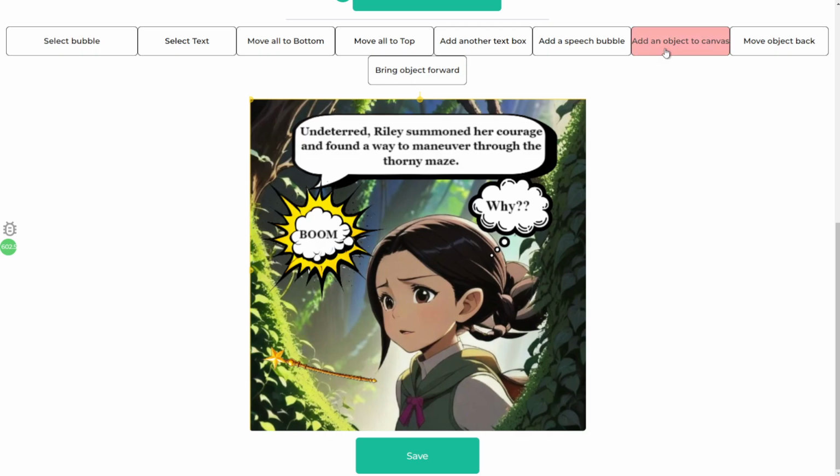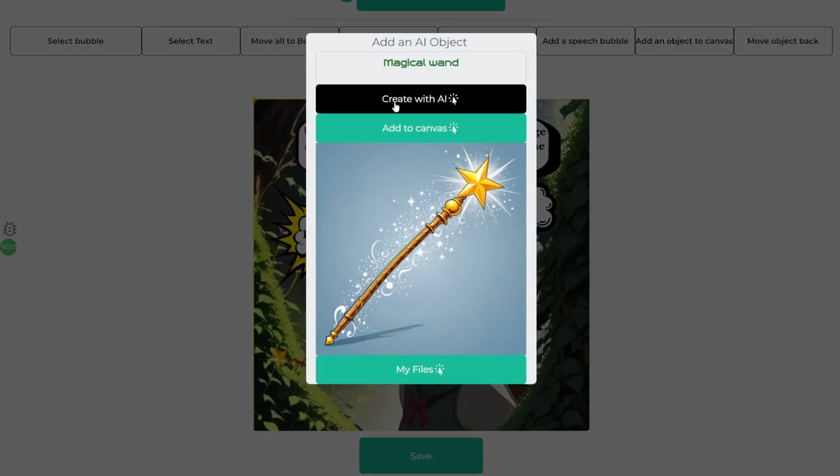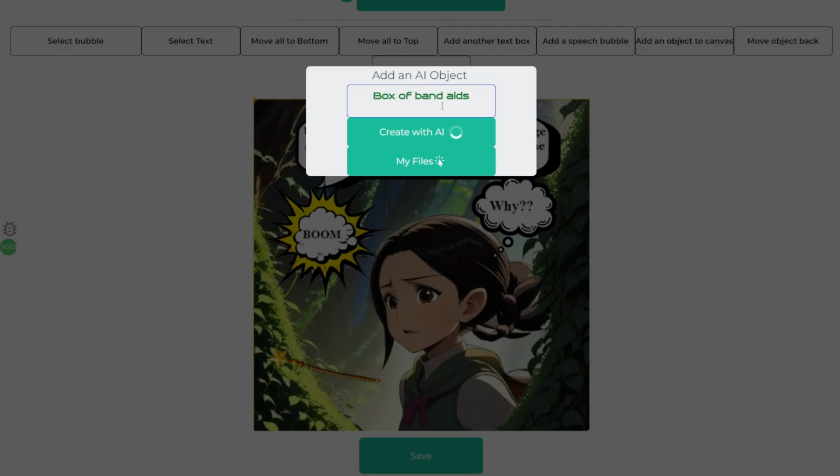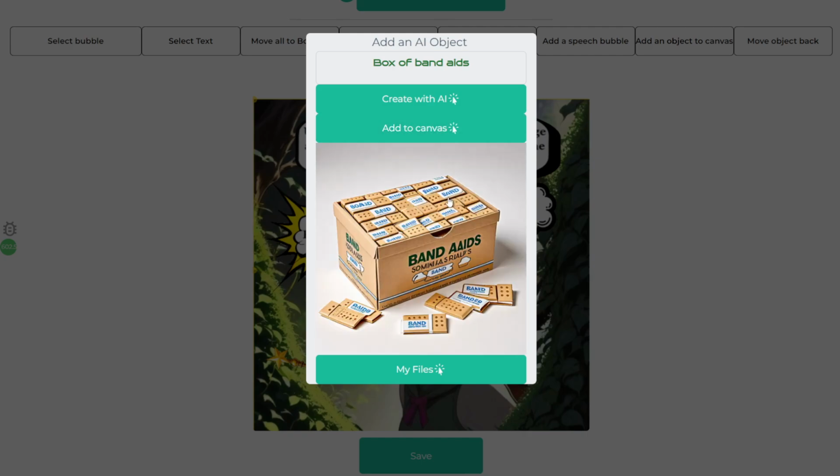I was talking to some clients that were having trouble getting a specific object, so all you need to do is create an object, type for example a box of band-aids, and this one's for you, Martha, if you're watching this. And then that way we can use this object. If you can't get the object right using the regular AI generator, for sure you can use this and then add that to canvas, and then you could put this in the location where you need it to be in the story, and you can actually use the same box in every page, so you're going to keep that consistent